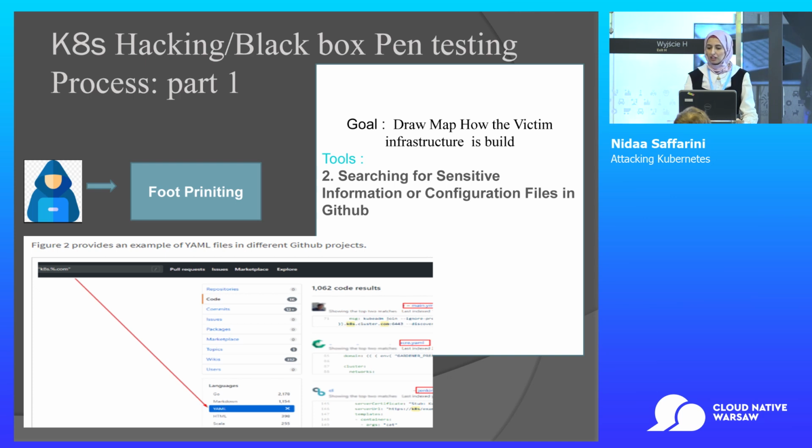Also, if we can locate or investigate inside GitHub, we can find some YAML files. Before this step, I locate in each company who is working there, if they have a GitHub account, if they have a team. Then it helps me to go to GitHub and search for YAML files: which code you are injecting in accounts, which services you use, what configuration files. Because in penetration testing, we draw a map of the infrastructure, of how Kubernetes is working, which services you have.